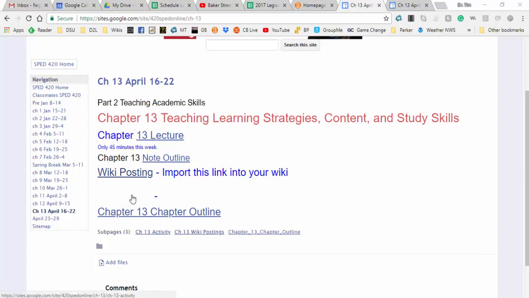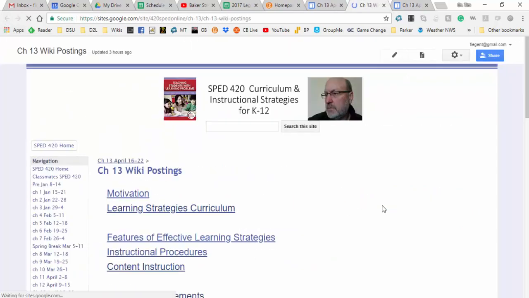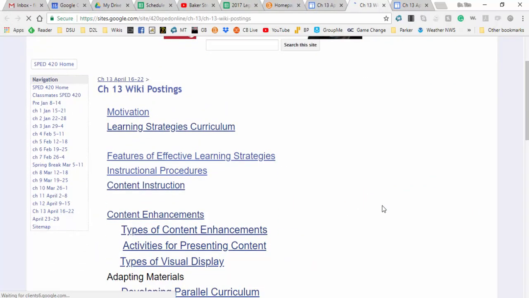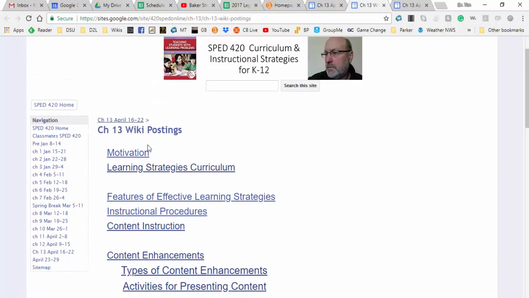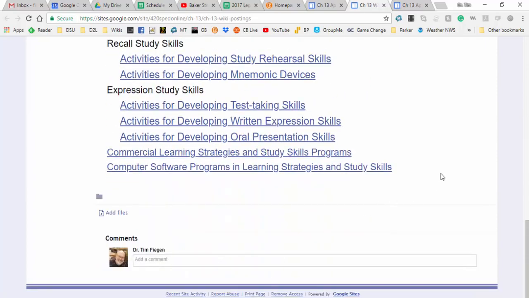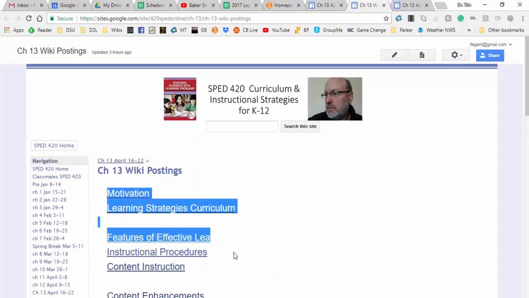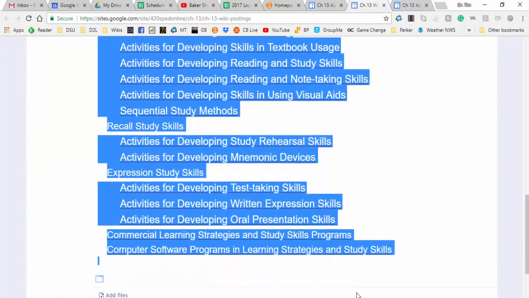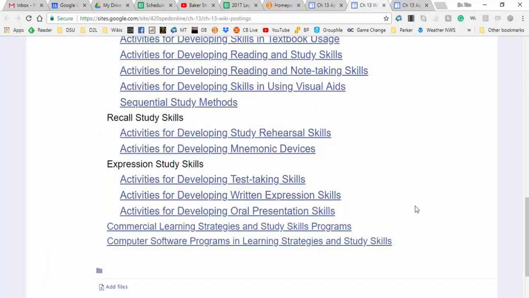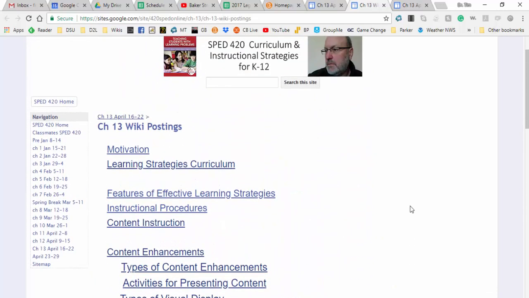Here's the Chapter 13 activity, but it's heavily dependent on these wiki postings. First, I think this time rather than bring these all in, I would just do this if I were you. See if you can copy them like this. It jumped off here, but I think you should be able to copy these from mine like this and paste them on your wiki page, on your web page under Chapter 13 wiki postings, and the links will